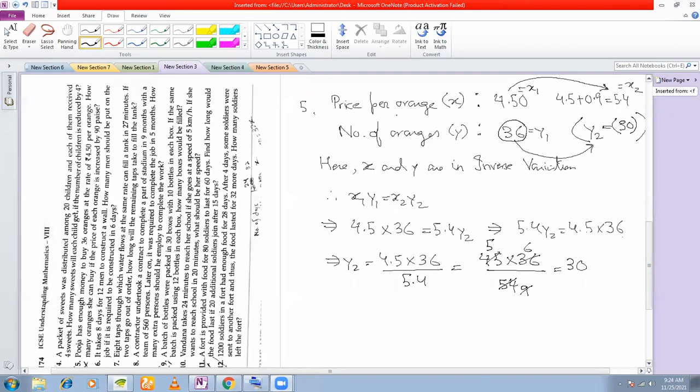If you go to the market with 100 rupees and want to buy oranges, and one orange costs you 20 rupees today, but after 2 days you go to the same market with the same 100 rupees, and the vendor tells you that the new price is 25 rupees, you will be able to buy more or less? Less, sir. Less, obviously. So that is why normally the relation between price and the number of oranges is an inverse variation. It is never a direct variation because the budget is the same.